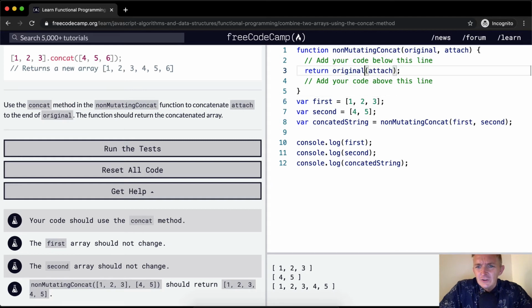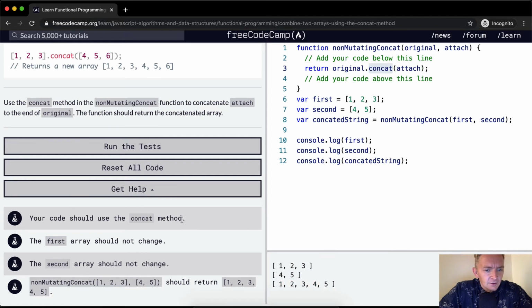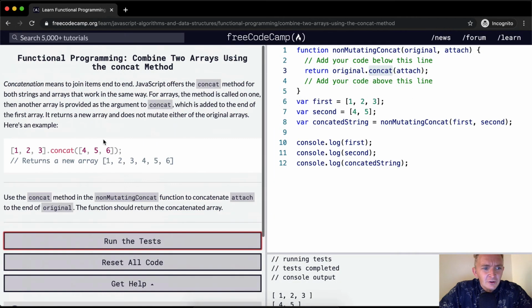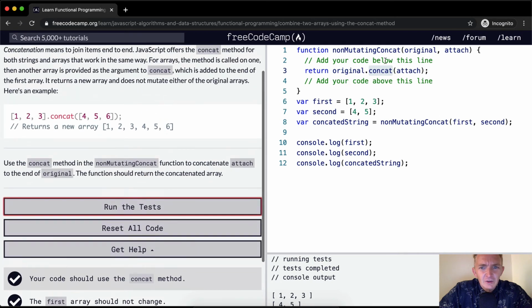In other languages, you can do stuff like attach, but you can't do that in JavaScript. So we want to use the concat method to go 1, 2, 3, 4, 5. And so we run the tests. I bet they pass. Yeah, the whole idea behind this is they're just showing you how you can use